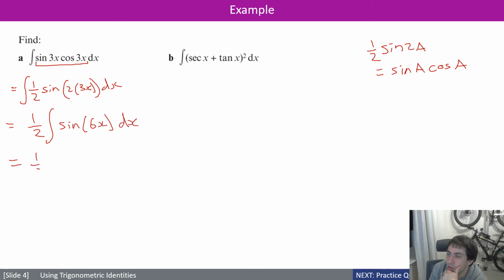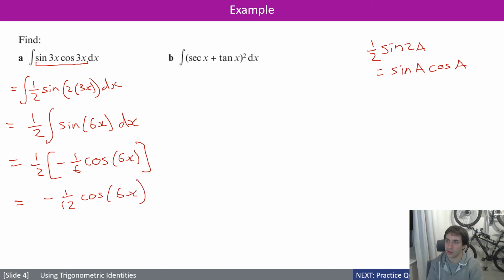This is then a half of, and then we do the integration. So we should get minus a sixth cos 6x, equals minus a 12th cos 6x. And indeed that is the answer, but with a plus c, because it is an indefinite integral. Cool, okay, and then the last one,